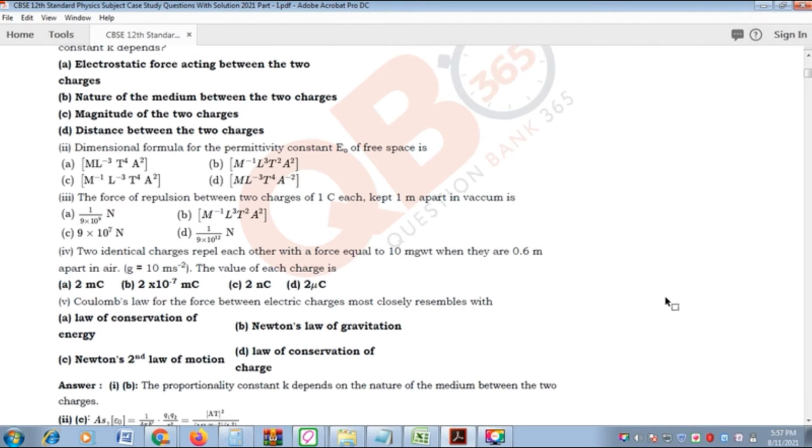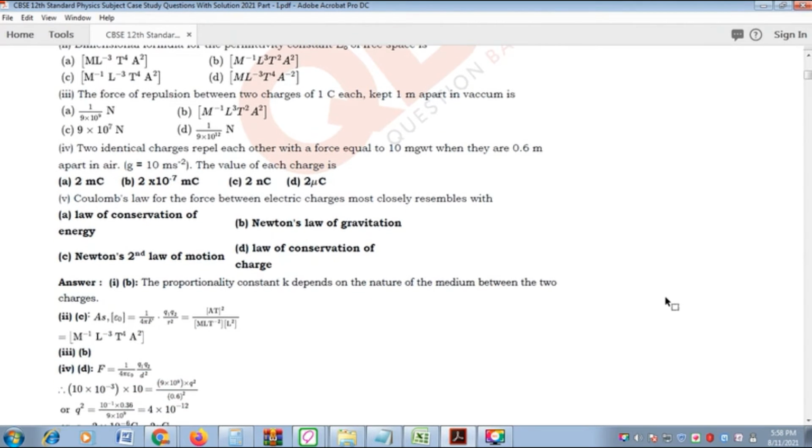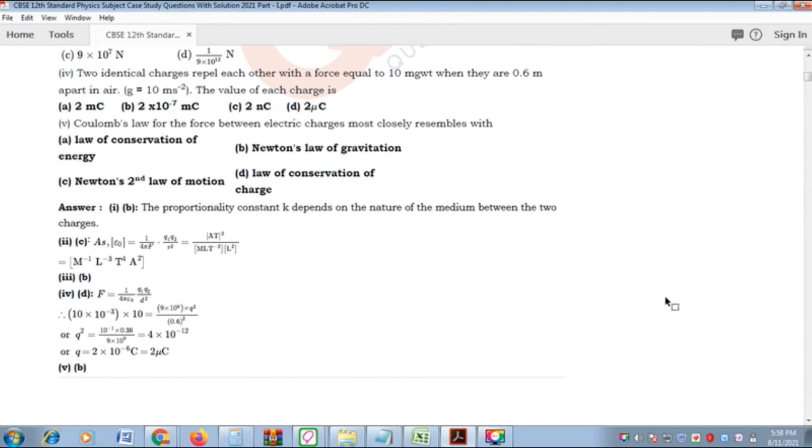For every case study question, QB365 provides a detailed solution. Using that kind of platform will help your understanding of case studies. So what is a case study? You first need to understand what a case study is, what the outline of a case study is, and what the mark pattern of a case study is. Then only can you attend the case study with superb knowledge. You can follow the PDF. If you want to download it, I will put the downloadable link in the video description.